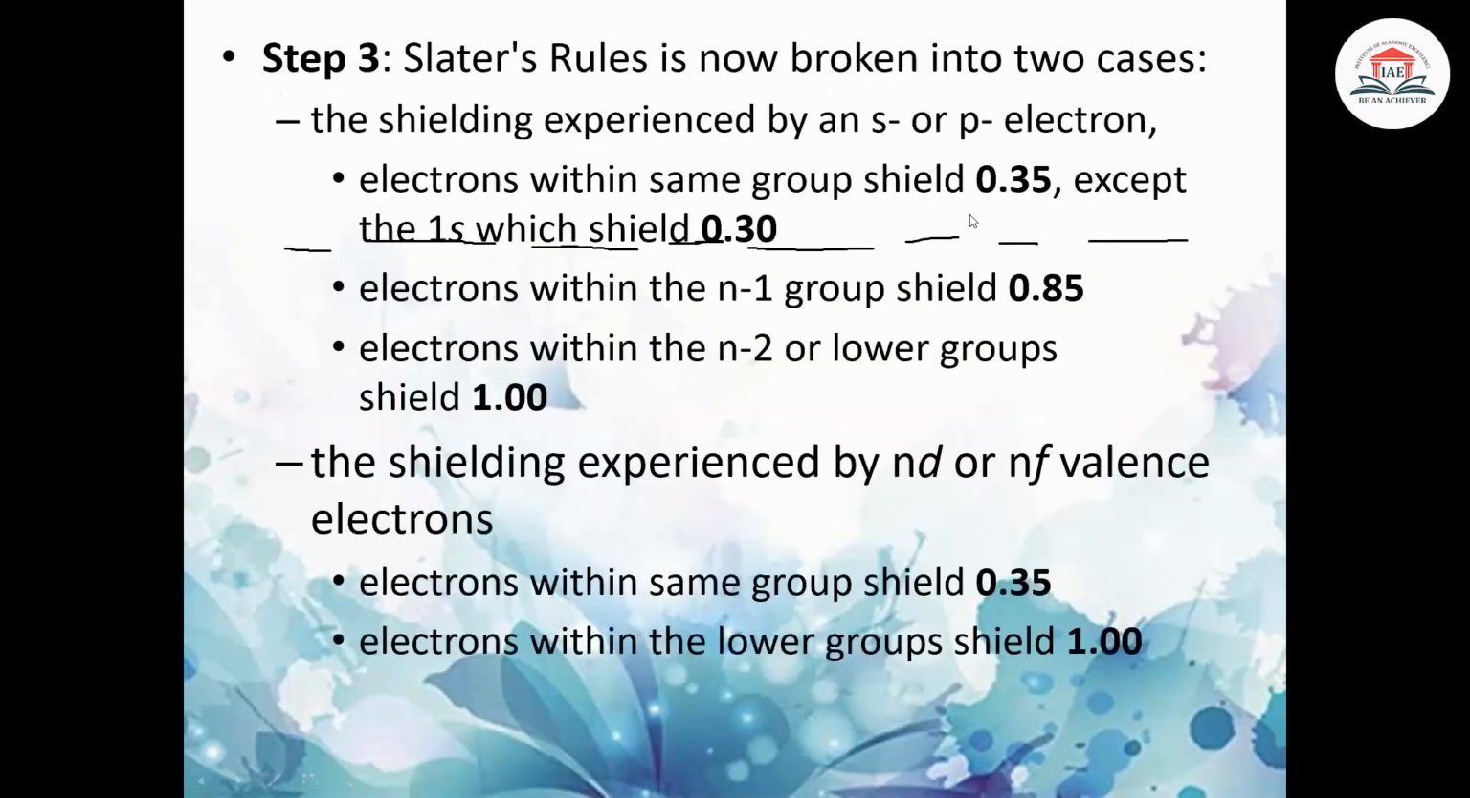So next is this part. এখানে কি লেখা আছে? The Slater rule is now broken into two cases. The shielding experienced by S or P electron within the same group shield 0.35, আর 1s হলে সেটা হয়ে যাবে 0.3. Electrons within n-1 group shield 0.85 and n-2 or lower group হয়ে যাবে সেটা 1. আর shielding experienced by Nd or Nf valence electron that will in the same group, that is 0.35, আর তার আগের গুলো হয়ে যাবে 1 করে। এটা আমি আবার বলে দিচ্ছি একবার।